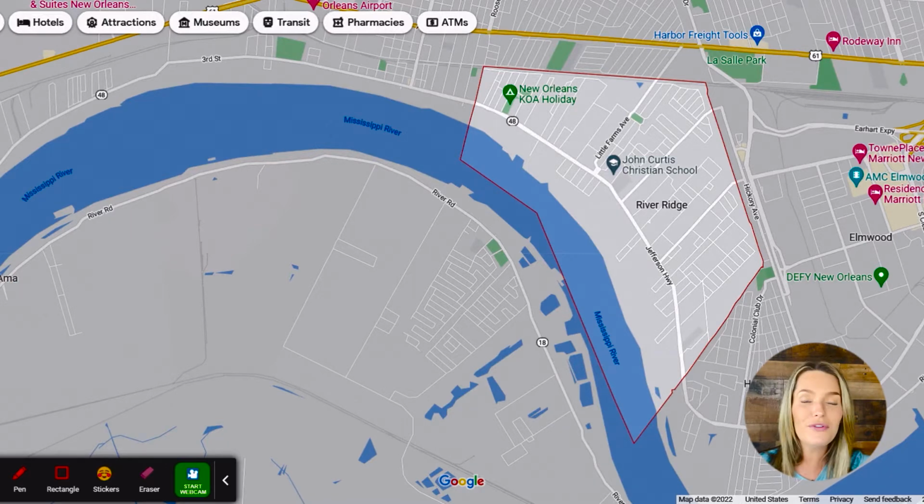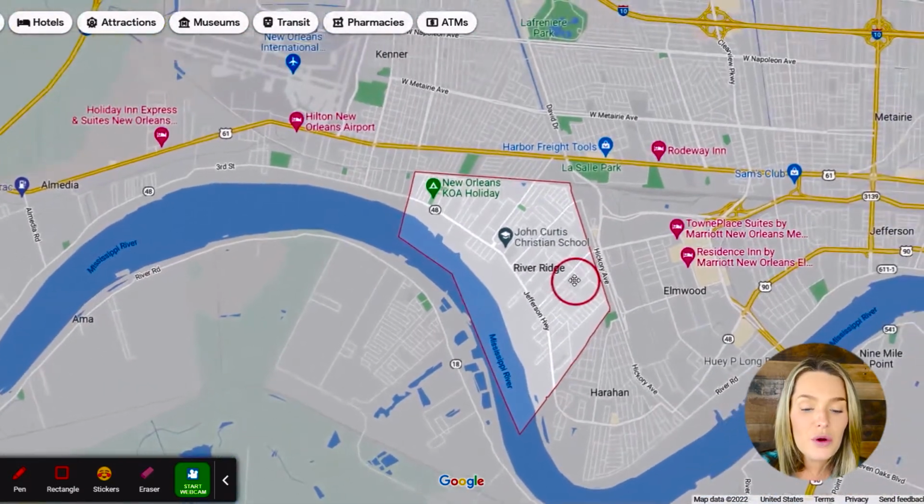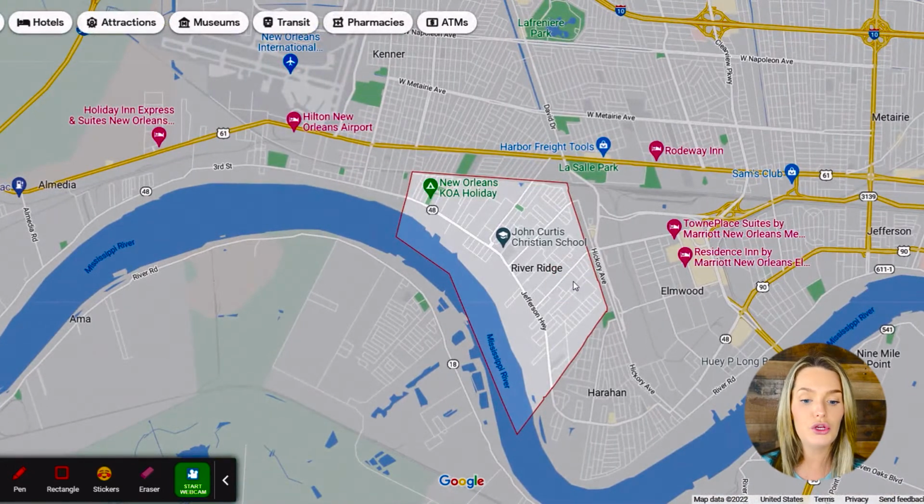You have the river on one side and then you have the homes on the other side. It's really a nice place to exercise. Let's see, what else can I tell you about this area? Okay, so if you are wanting to go shopping or maybe you want some more options of restaurants, Elmwood is